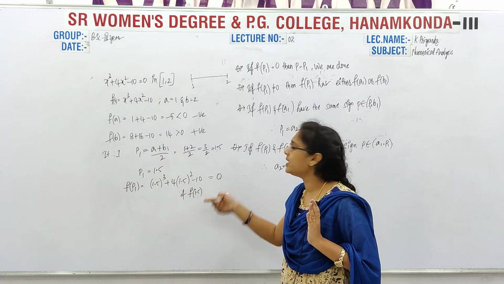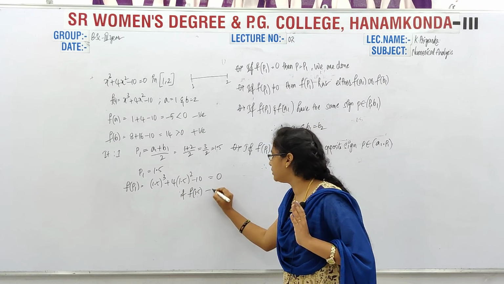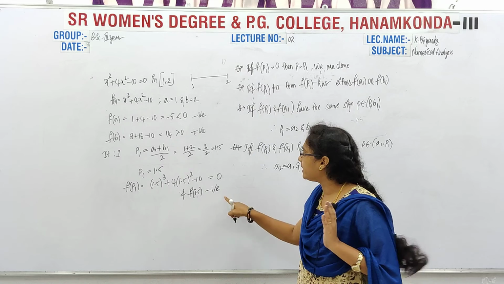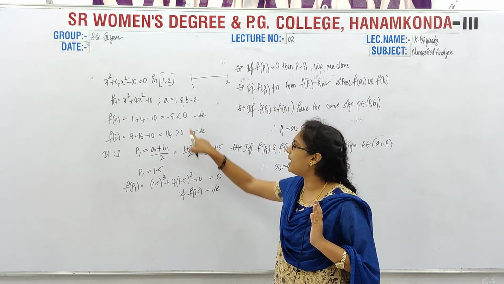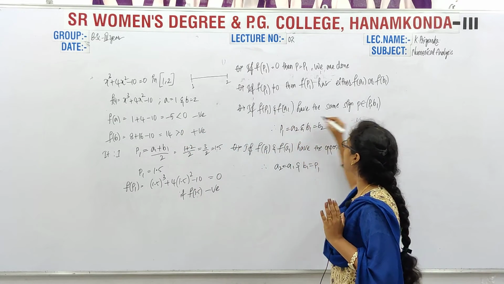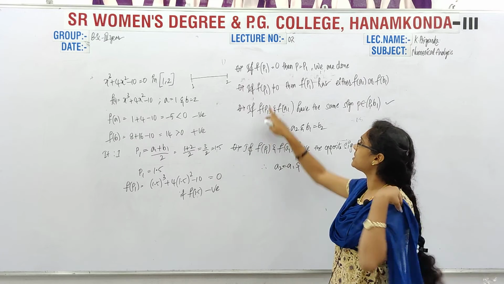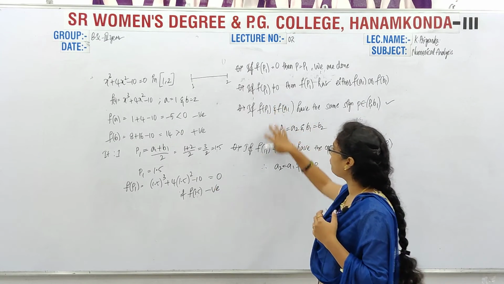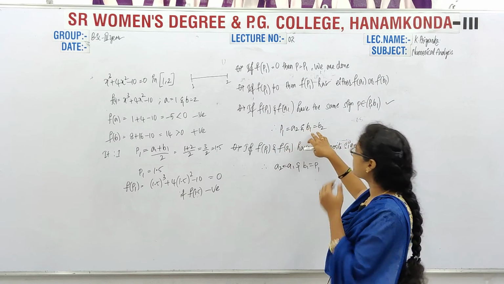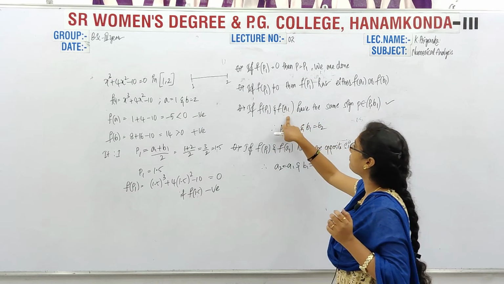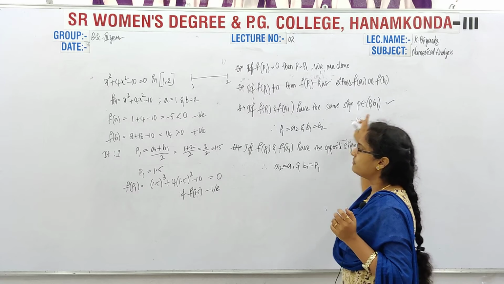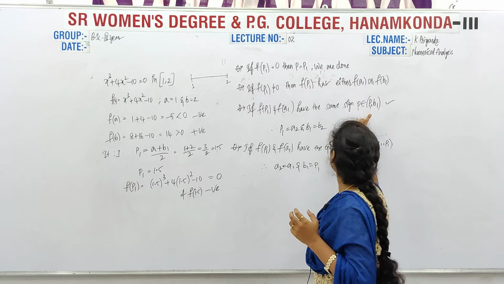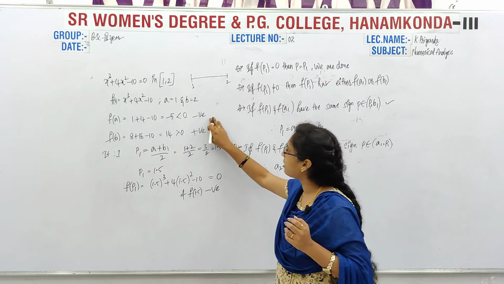by solving this, if we get a negative sign, then f of p1 and f of a are the same. What they said is, f of p1 is not equal to 0, right? Then we have to go for these two steps. In the first step, if f of p1 and f of a1 have the same sign, then we have to take p1 and b1. So here I have a negative one.